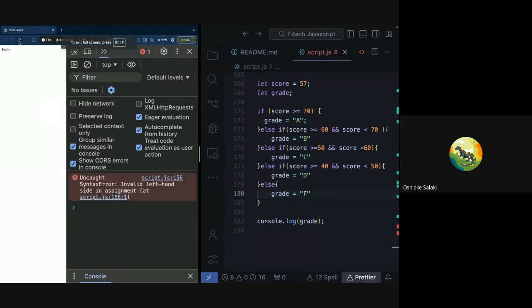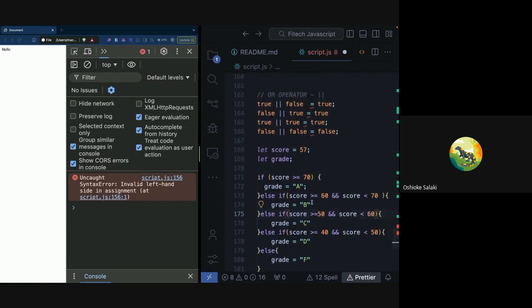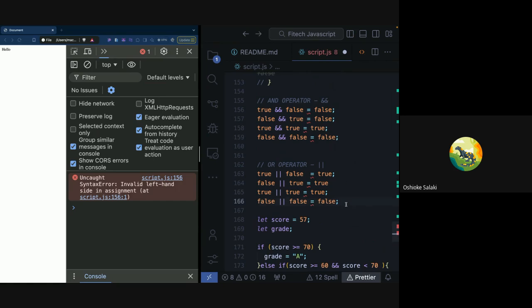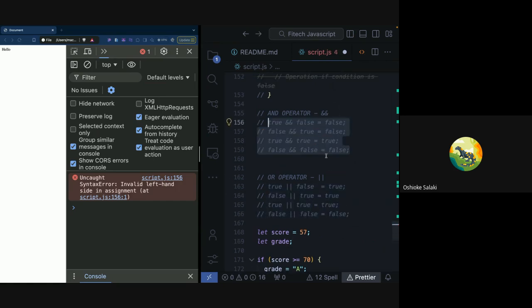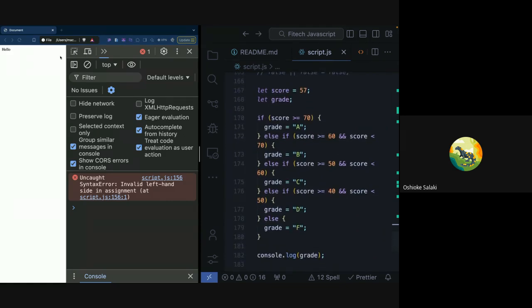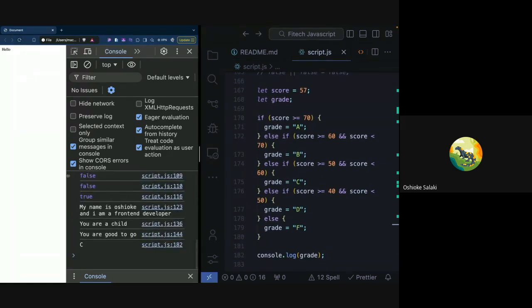So if we refresh it, we said we have an invalid. So it says here that we have an invalid left-hand side assignment at line 156. So we need to check, okay, we have errors here. So if we comment out all of this and we save it, so if you refresh,